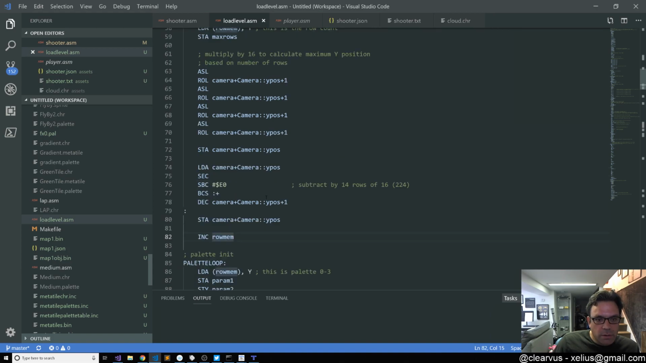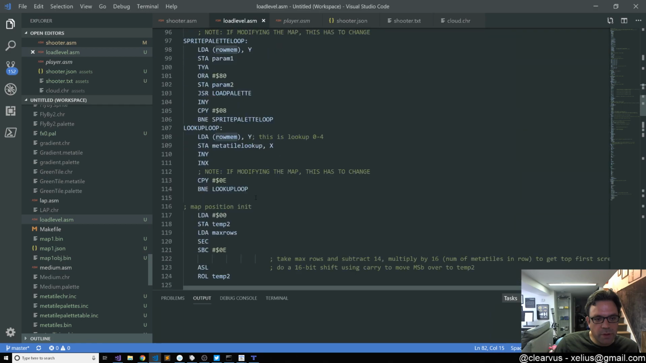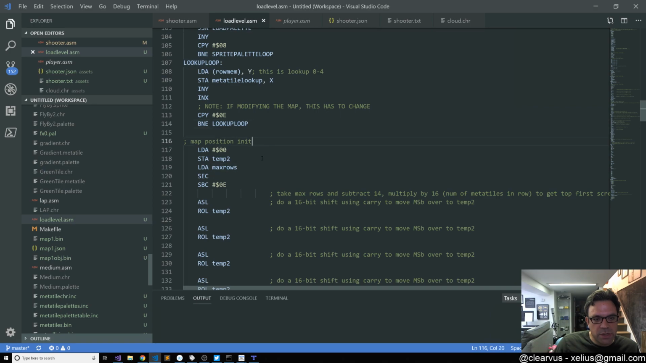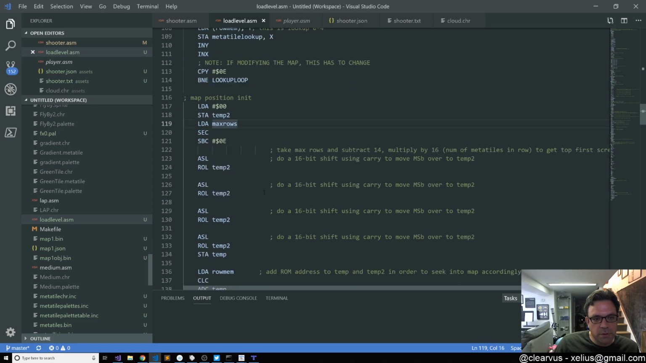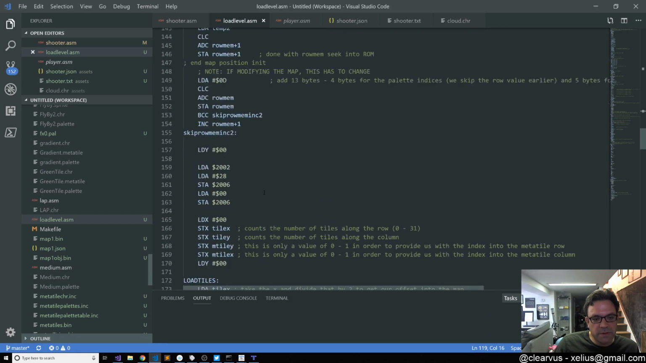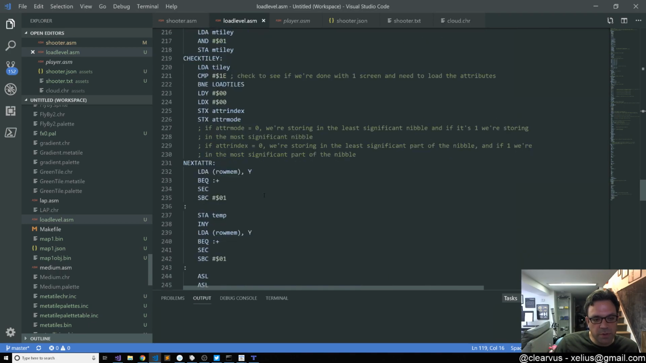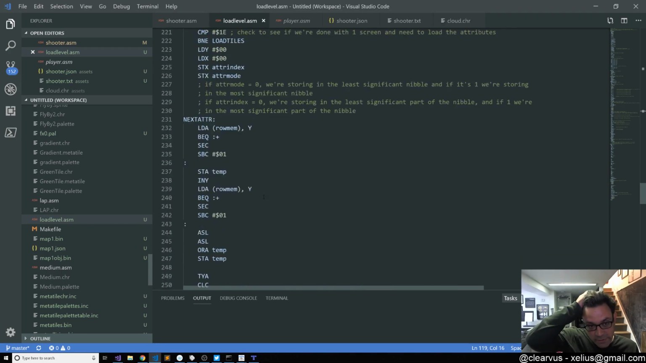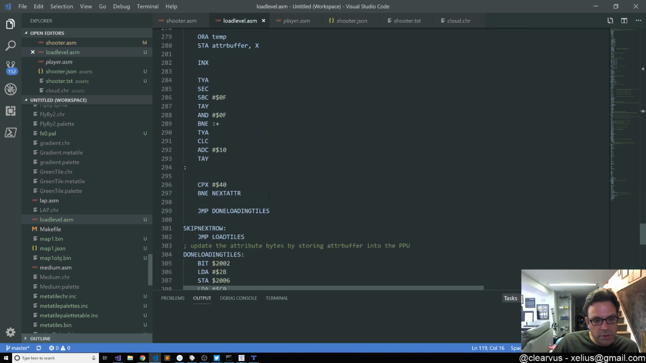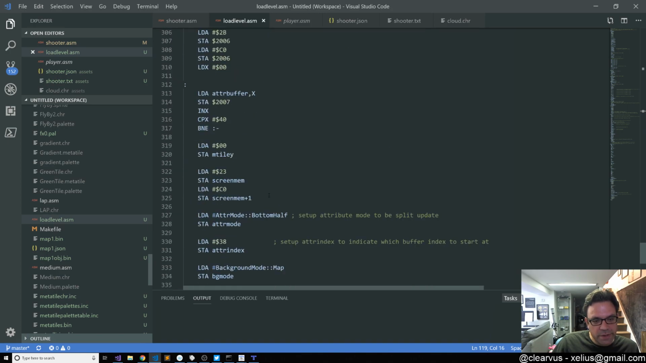Now that we are getting the camera initialized and we are going through updating our palettes, map position init, max rows. We don't actually have to do any of this stuff anymore. At least, we do for when we're loading a whole new level, but for the stuff we're doing, we're loading piece by piece. What we would want to do is set ourselves up